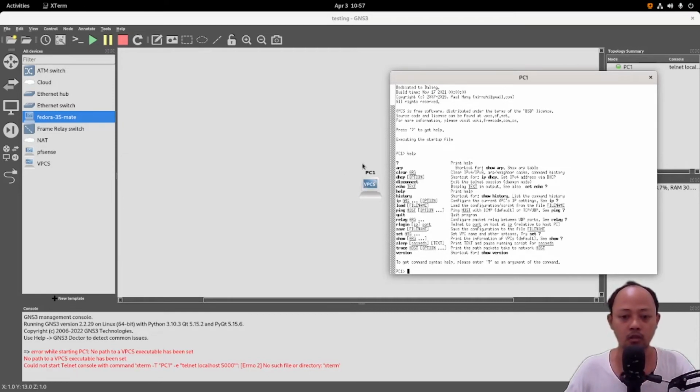You can see that VPCS is not connected to anything. So we can type DHCP.